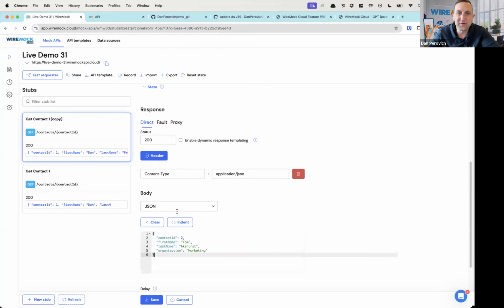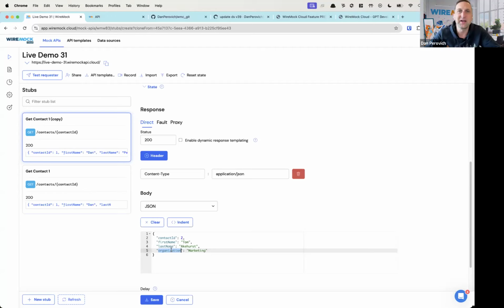And contact information is going to have an extra attribute, the organization attribute. This is just a fundamental design time decision that we're making as a team: if the contact is not part of an organization, like we saw contact one was not, organization will not be returned in the response payload. But if the user, like contact two, is part of an organization, it will be returned as part of the response payload. Quite a simple distinction here, but important to the consumers of this future API, so they can handle